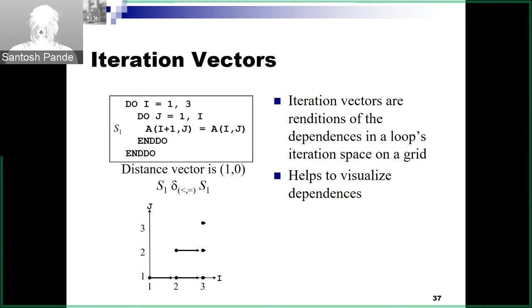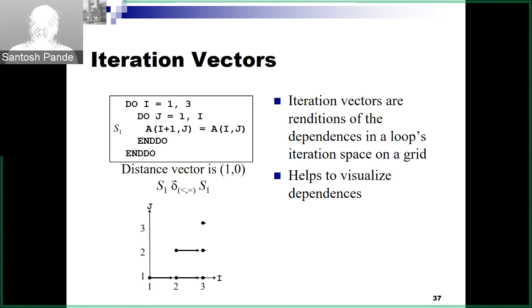And any transformation that we do, if it preserves it, then we will be fine. If we, of course, violate it, that will not be fine. So let us take this simple example and see what would be fine and what would not be fine in this case. So if we end up, for example, running the I loop, let's take that example first. Instead of going from 1 to 3, if we run it from 3 to 1, what is going to happen there? So you can see that that will be a clear violation of the dependence